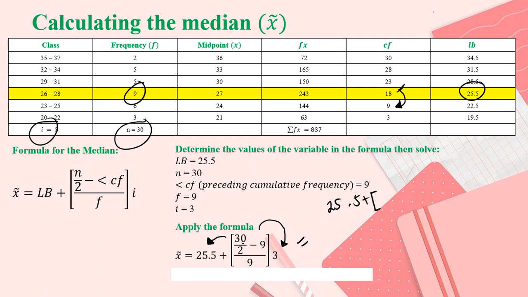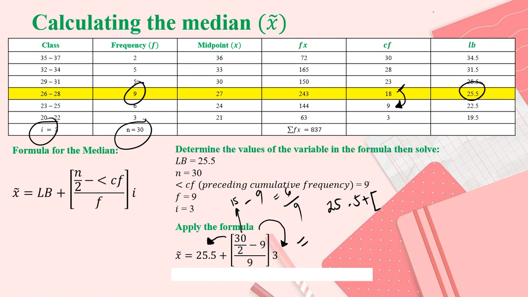So, si 30 divided by 2, which is 15. Tama? 15. O, 15 na to. 15 minus 9, which is 6. So, 6 divided by 9. Ayan. 6 divided by 9, we have